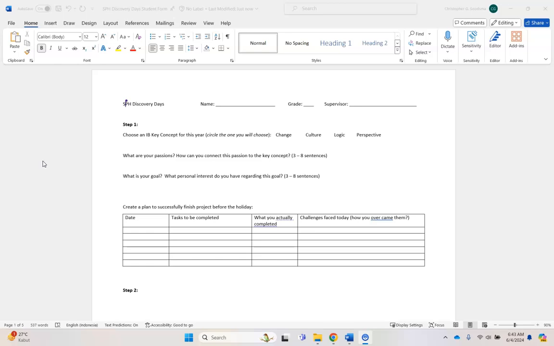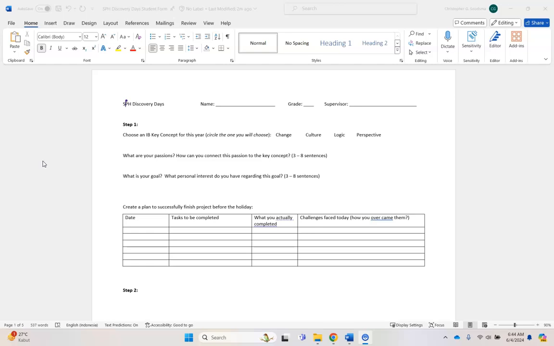The way I've been describing it is, for this, you get to choose your own assignment, your own project, what you're going to do, and it can be based off of your interests, hobbies, curiosities, or what your future goals might be. Maybe you want to be an astronaut and you want to make YouTube videos about space, and that's awesome. Whatever that is, your supervisor teacher will help you, Mr. Chris will help you, or others, but I'm just going to walk you through this form so you know what to do each day that you're at school.